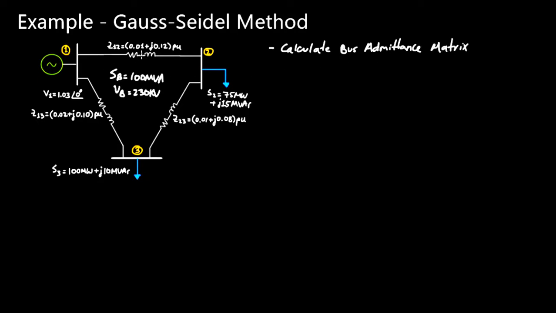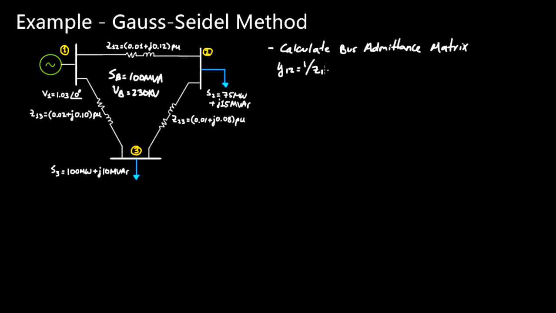And so first let's convert all impedances to admittances, and then from that we're going to calculate the bus admittance terms. And so let's do first the admittance for this transmission line. So y, lowercase y, 1, 2, it's going to be of course the reciprocal of the impedance. So 1 over z12, which is equal to 1 over